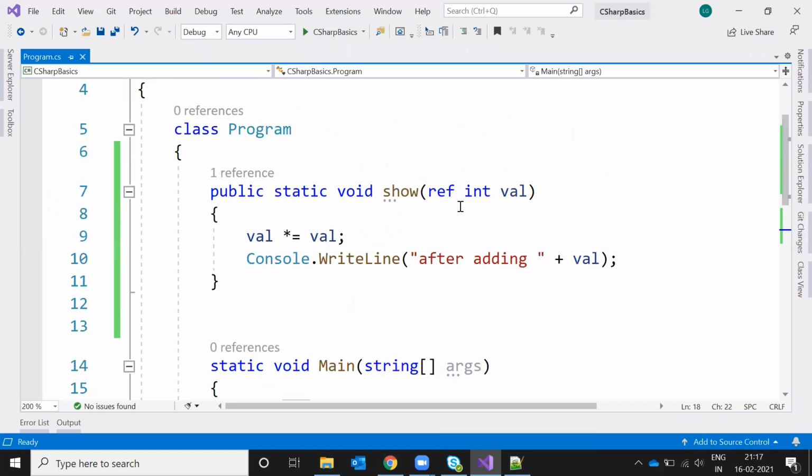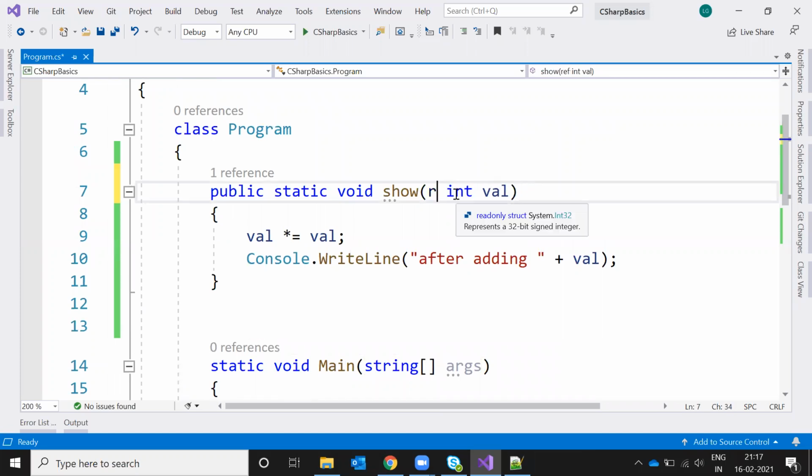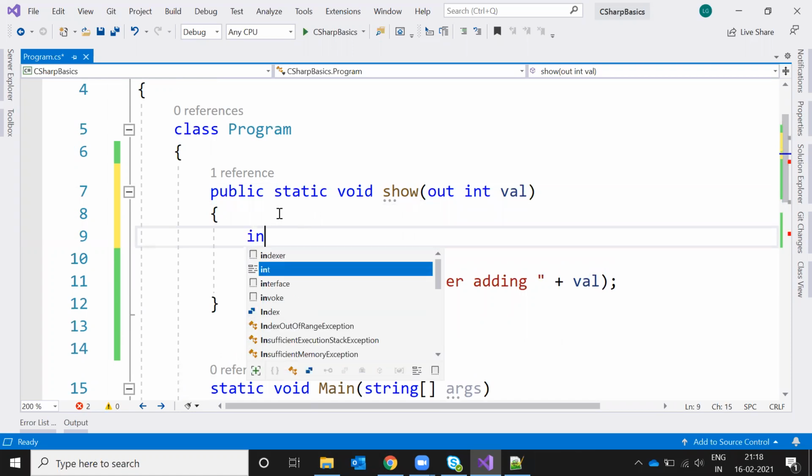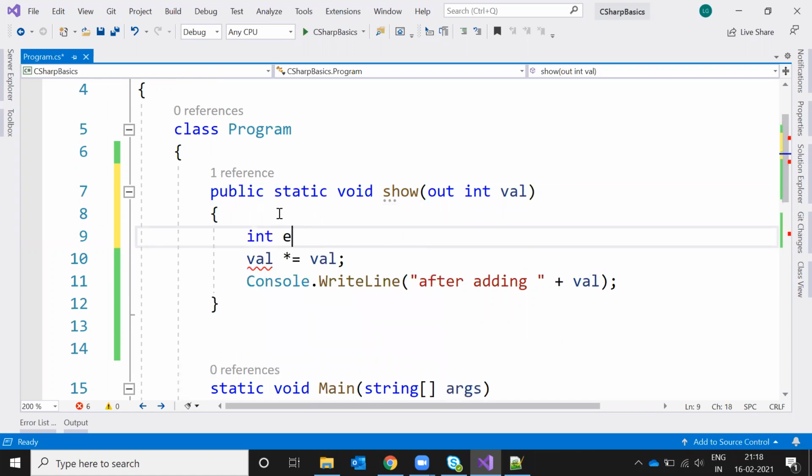Now I'm going to use the out parameter here. Now here I'm going to declare int eq equal to 5.